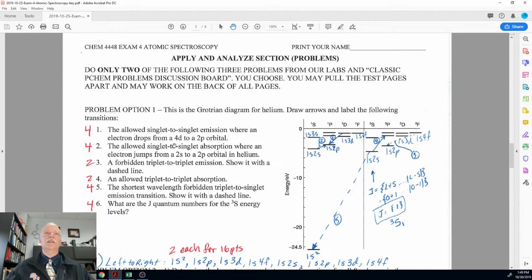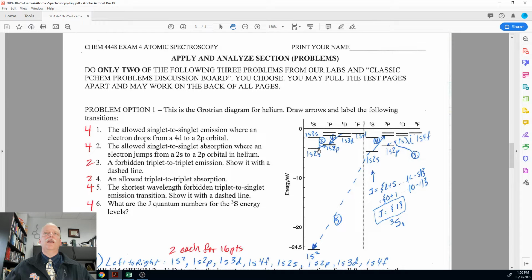So this is, again, singlet to singlet, which indicates we're on the left side of this Grotrian diagram. Singlet to singlet absorption, so an up arrow, where an electron jumps from a 2s to a 2p orbital. So this one here, number 2, is pointing to this arrow. So one electron in the 2s is going to the